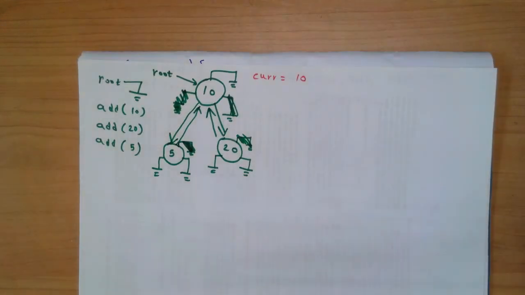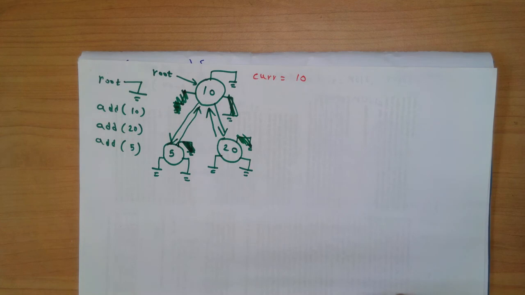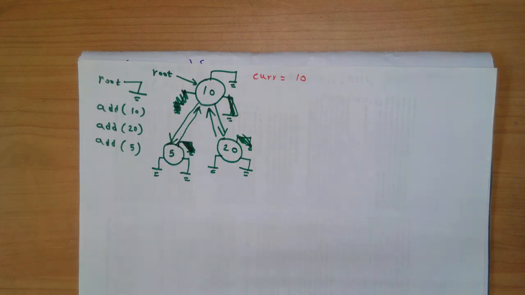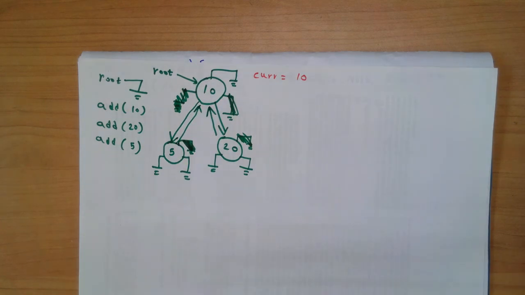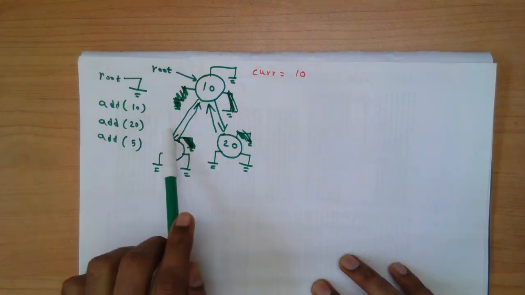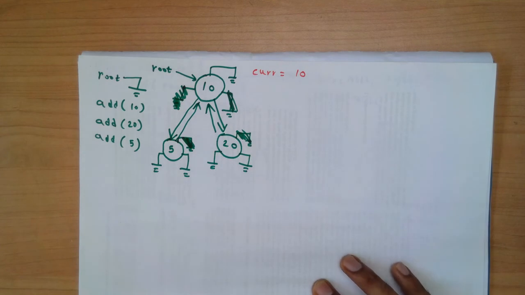So again, ask the question, is this a valid binary search tree? Yes, it's a valid binary tree. Each node has 0, 1 or 2 children. Then each node has a parent except the root, and the root has the null parent. Okay, is it a valid binary search tree? So all the values to the left of the root are less than the root, to the right they are greater than the root, so this is a valid binary search tree.